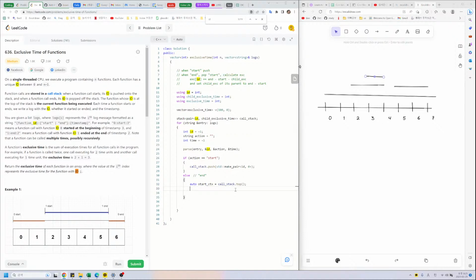And then assert context ID. This should be the same. And then